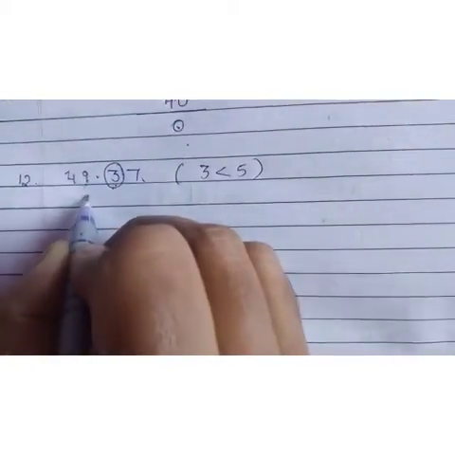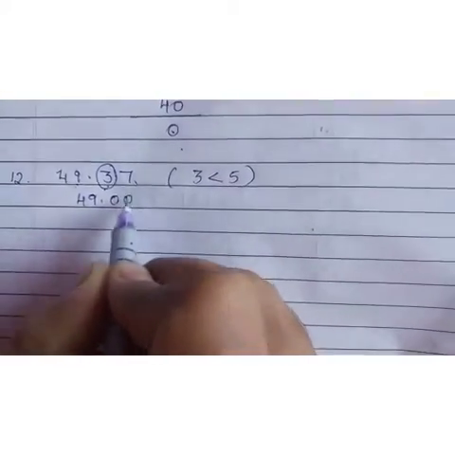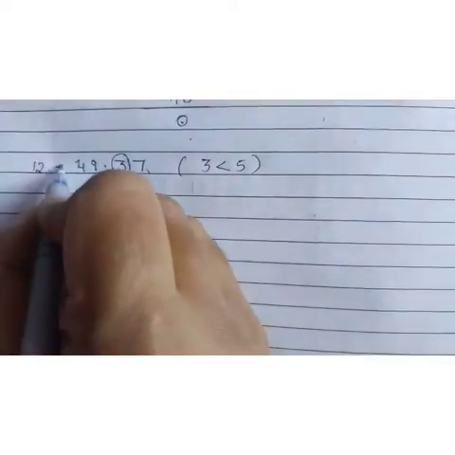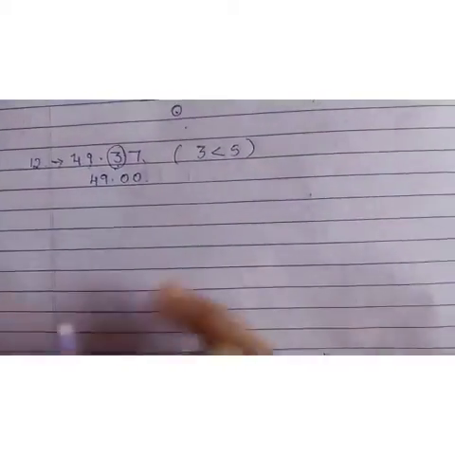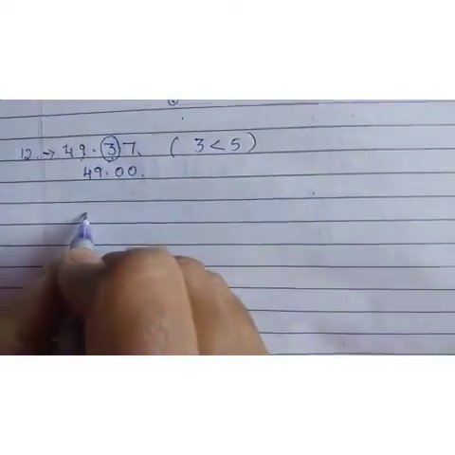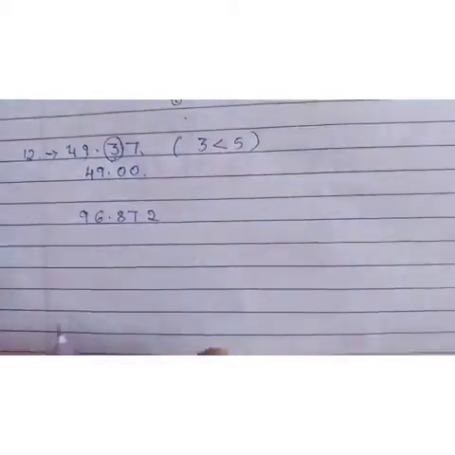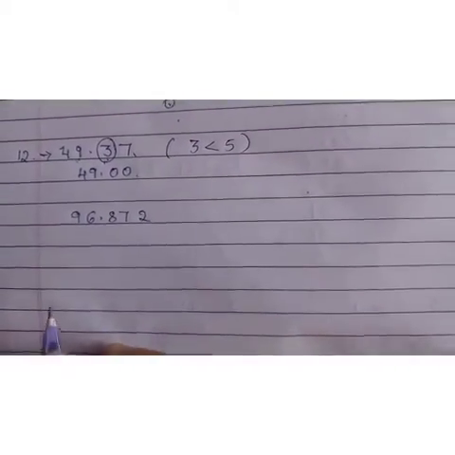So we have to replace this 3 and the numbers followed by it by 0. Is it clear? By chance, if the digit is greater than 5, for example